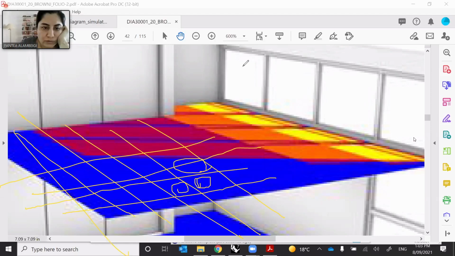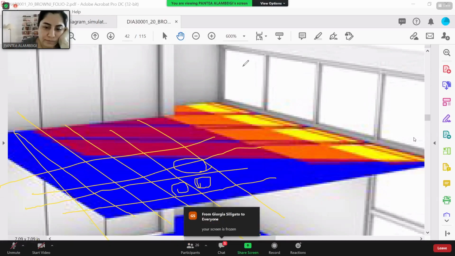Alternatively, I can bake this and bring a surface, copy. So top surface,